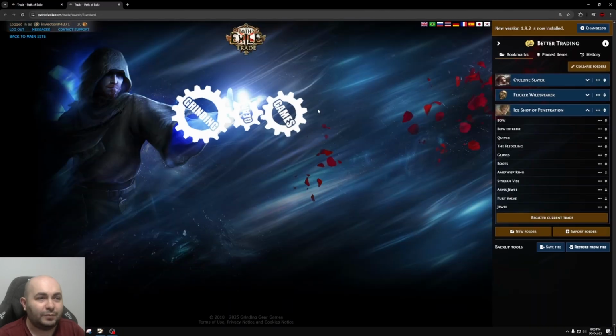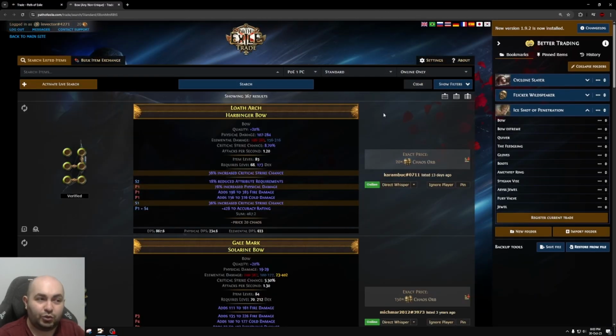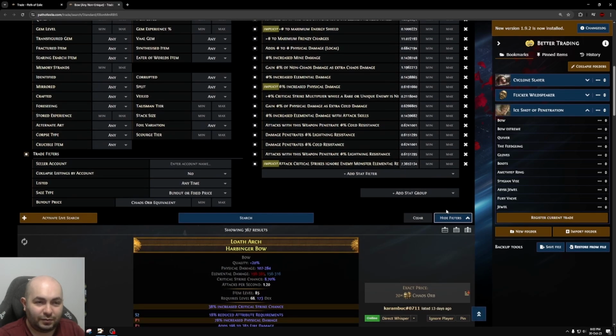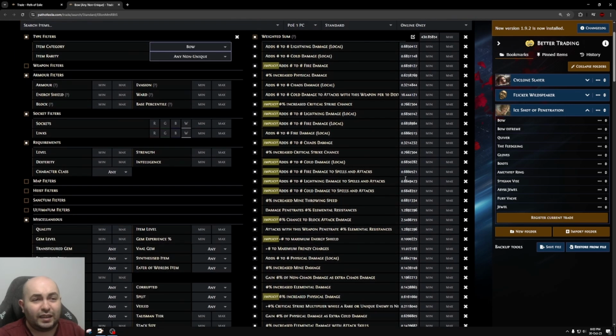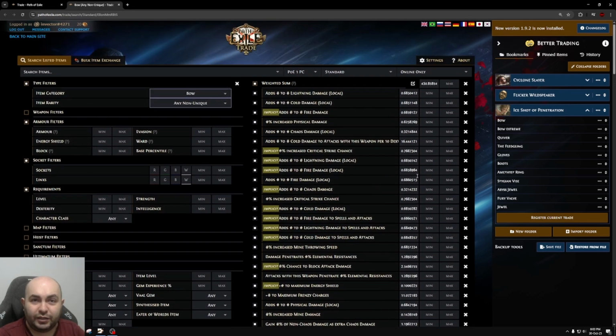You're going to do that, and now it makes a search about some arbitrary number. So what did it search for? When you check this, there are a million things here. So for example, add lightning damage, makes sense, and the weighting is